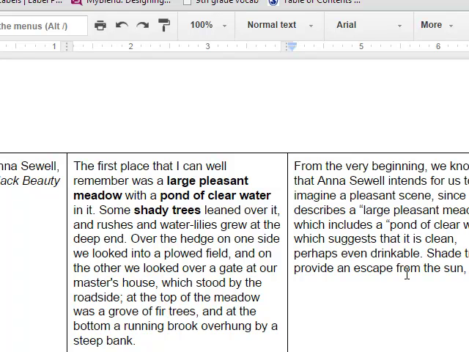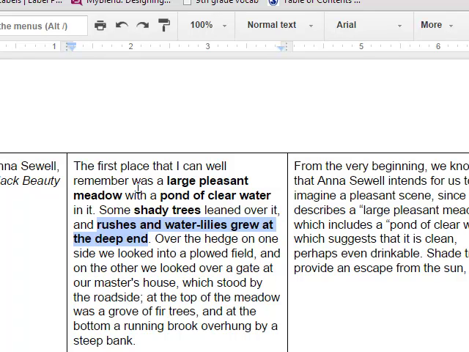Shade trees provide an escape from the sun, and what else? Rushes and water lilies grew at the deep end. Let's say we don't know what rushes are. Skip it for now. Go to the second image, water lilies. I've adapted my sentence a little bit to make sure that I get the context. Shade trees provide an escape from the sun at the edge of the pond, and flowers grew there as well.